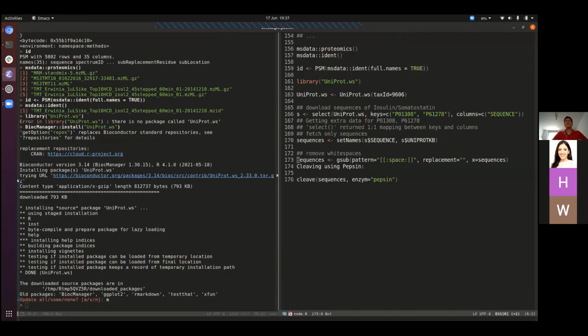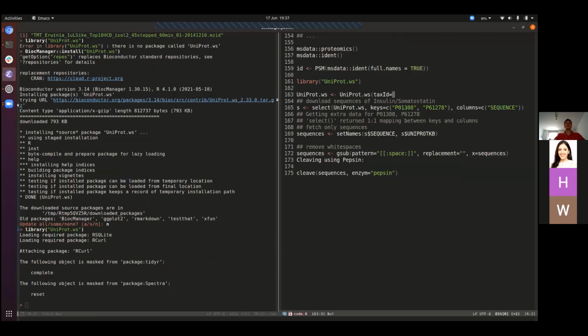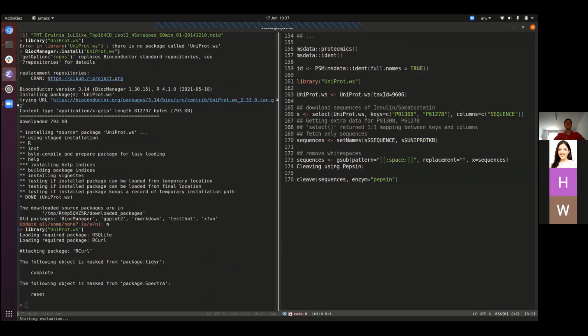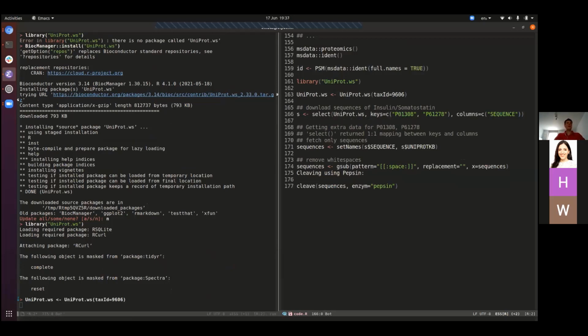I load UniProt.ws, where WS is for web service. That's a package that allows us to send queries to UniProt. And here the tax ID is for human. This function is going to initialize a connection to the UniProt web services, and this might take a little bit of time. Once this has been done, saying that I'm interested in proteins from the taxon 9606, which is human, I should then be able to